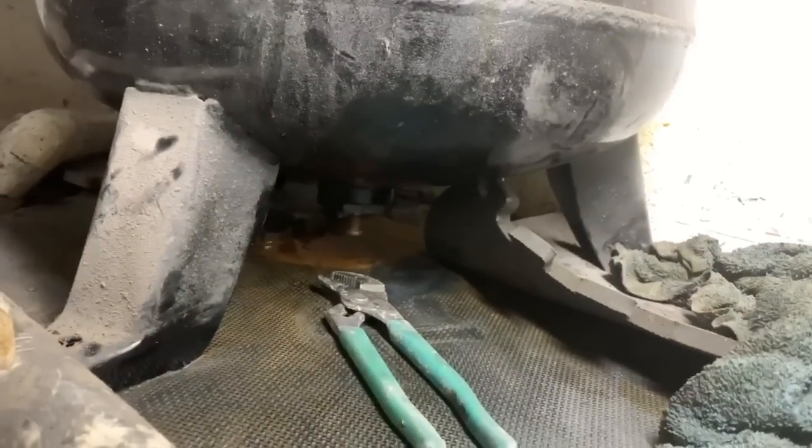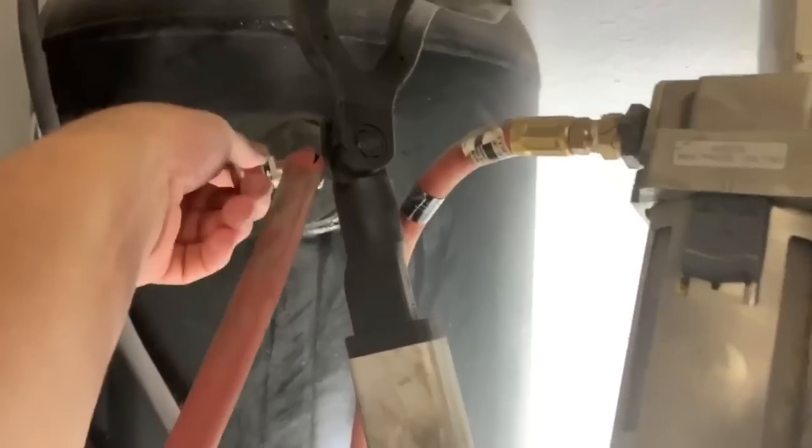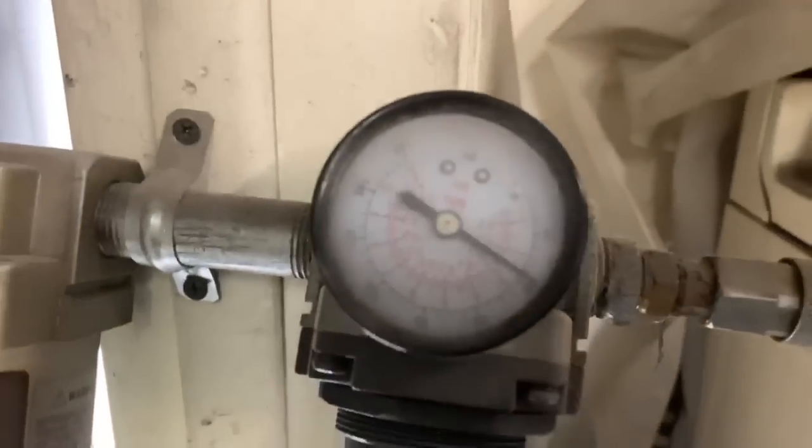Well, it worked. It's not leaking. Do you hear any leaks? I don't hear any leaks. If I turn this on, this hose leaks, but there's pressure. If I shut that off,